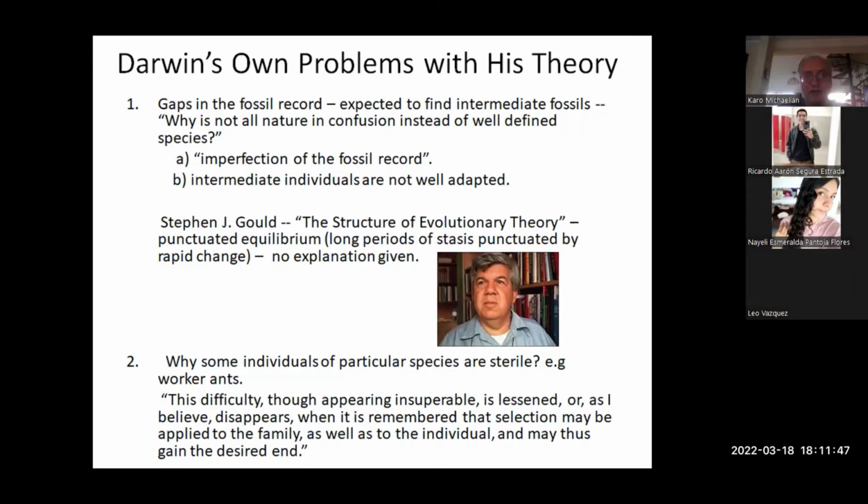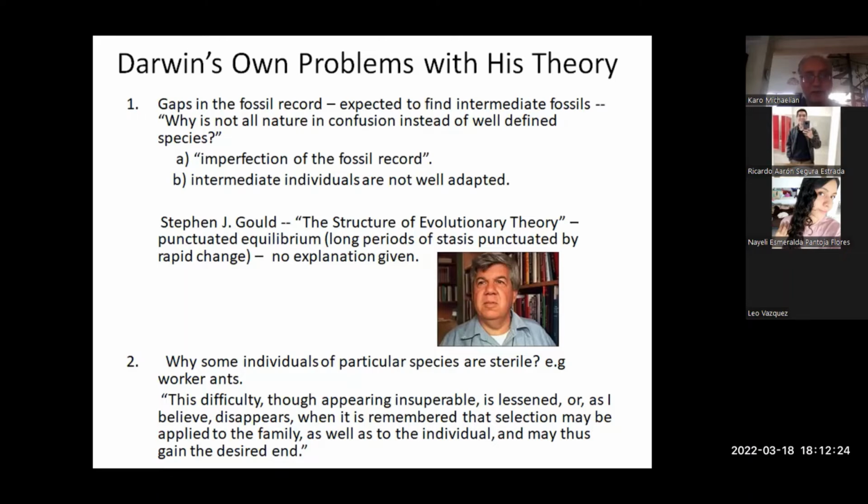And to answer this, he suggested that there's imperfection in the fossil record. So we don't find all of the fossils. It takes us a long time and we're gradually finding more. And if we wait long enough and look hard enough, we're going to find all of the fossils which relate one species to another, all the intermediates, so we can see how the species actually evolved from one to the other. But he wasn't very convinced of that result, that it was just a problem of not having found enough fossils.